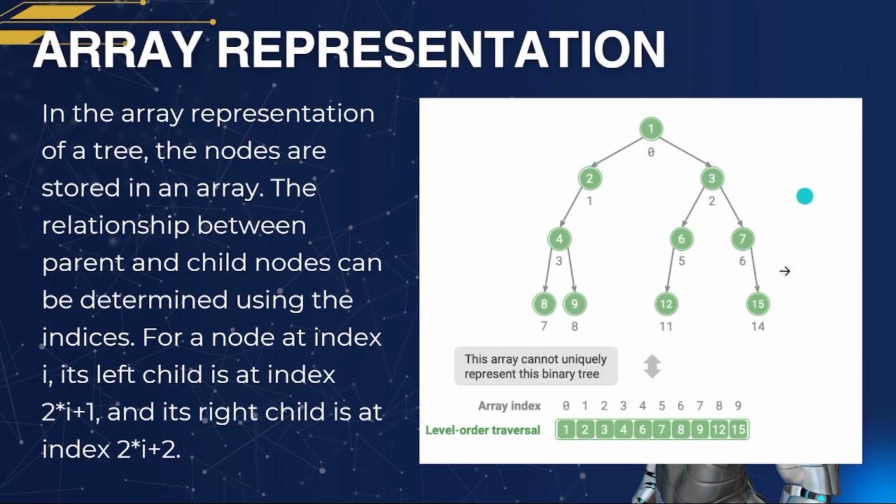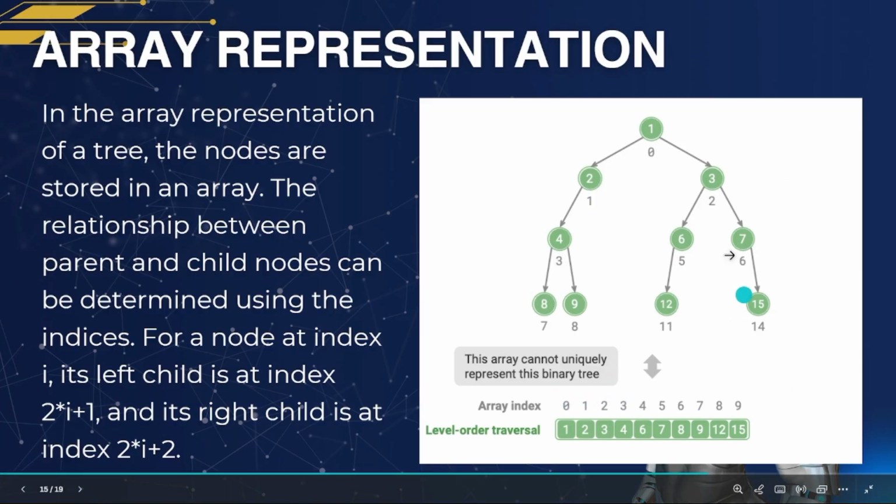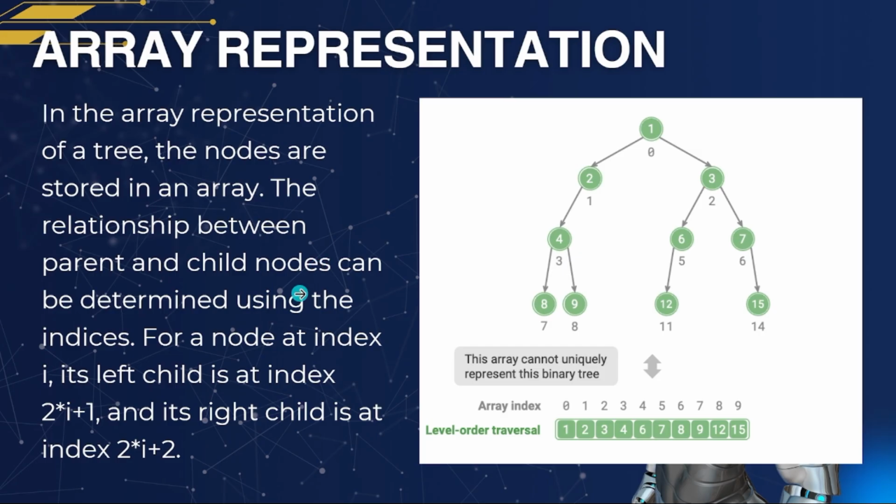So an indices is this, kaning gray ones. Here, gray ones. For a node at index I, its left child is at index 2 to the power of I plus 1, and its right child is at index 2 to the power of I plus 2. So meaning,